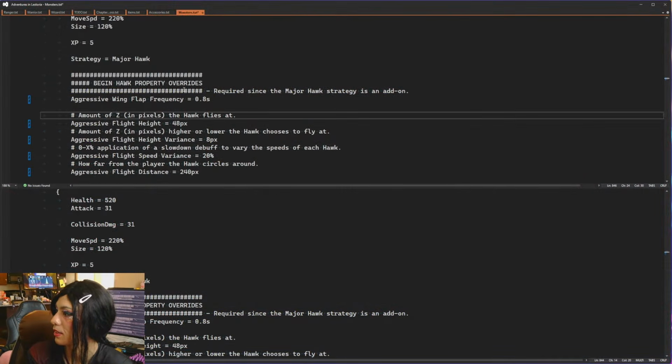See, like that isn't... Oh, it is in there. So that's in there. Aggressive flight height's in there. Height variance. Flight speed variance. Flight height variance. Flight charge cooldown. So yeah, it looks like I copy-pasted all of these. I don't see the flight charge cooldown, so I must have not copy-pasted that.